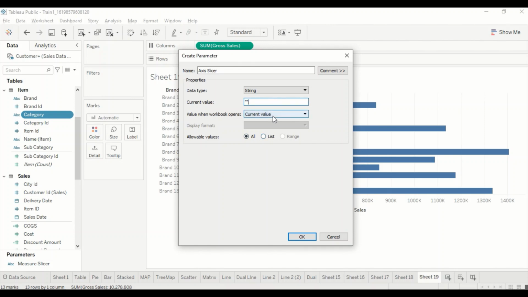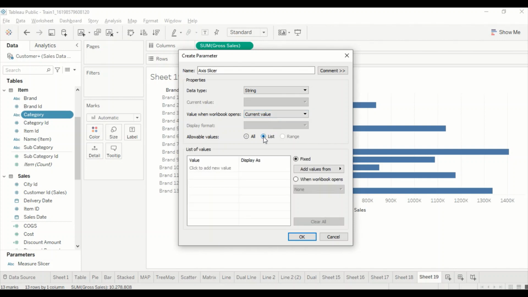We say current value is brand and then we create a list. I try to detach it from that, and now what I need is brand, category, and subcategory. I need to write down a formula, and these values should match.